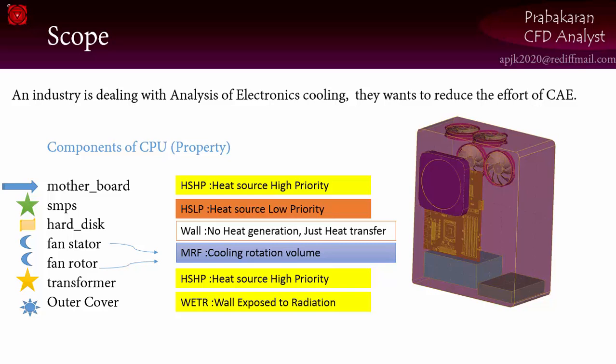Likewise, the transformer is a high heat source with high priority, and the outer cover is exposed to direct radiation. These are the parts we have, and these are the things we need to consider as CAE engineers when we know the naming. Even after we run a simulation, if you want to show the results only in the high heat source and high priority regions, simply go and type HSHP